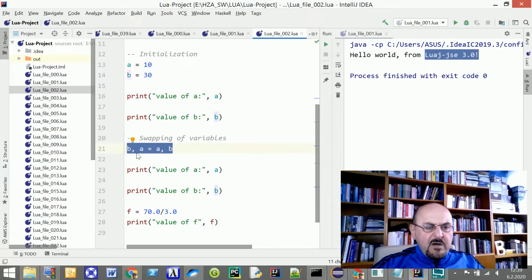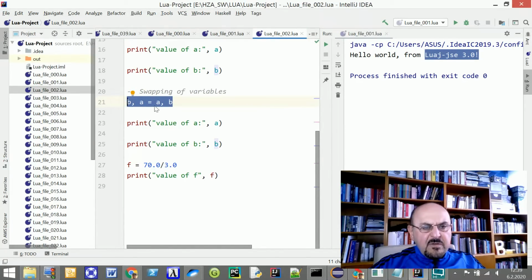a, b is going to be assigned as a, b. This must resemble your Python or Ruby quotation. Only in one line, in only one command, you exchange the values of two variables, or in other words, swapping of variables. It's an example of swapping variables.